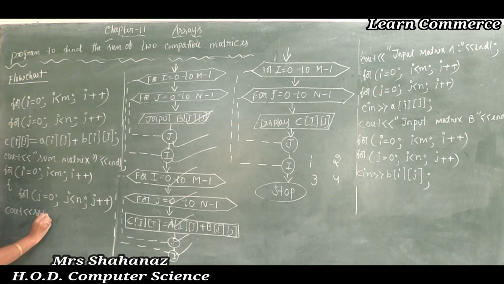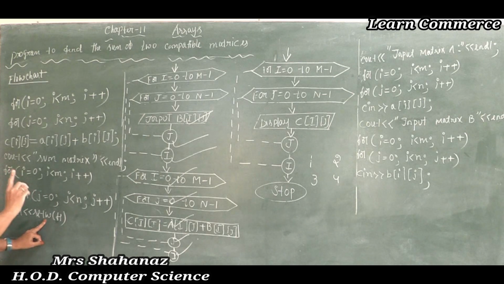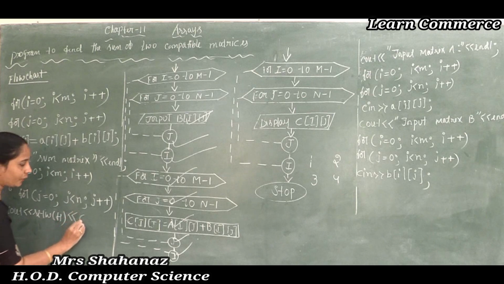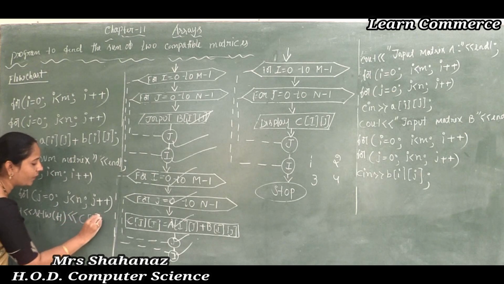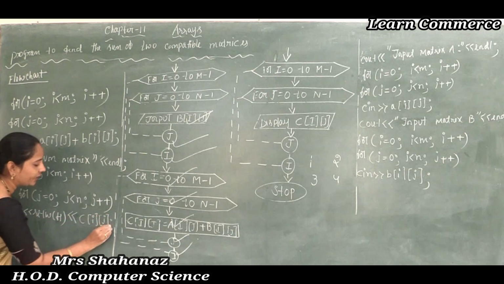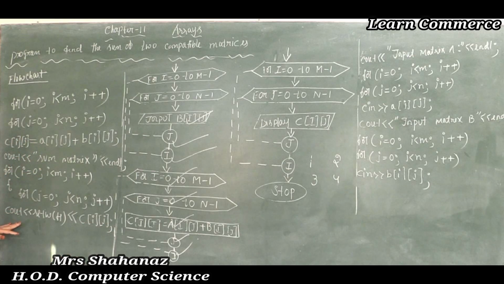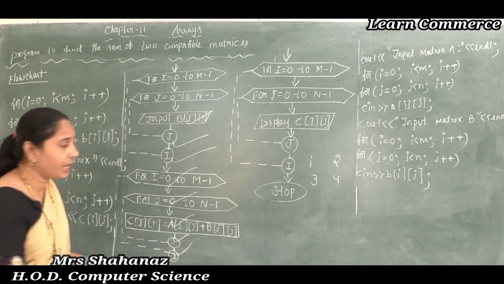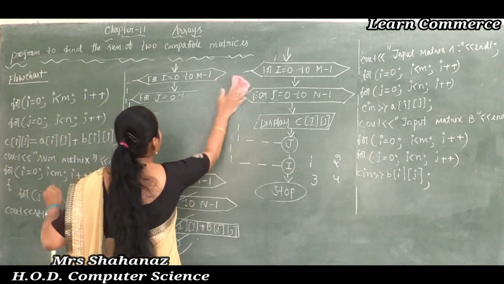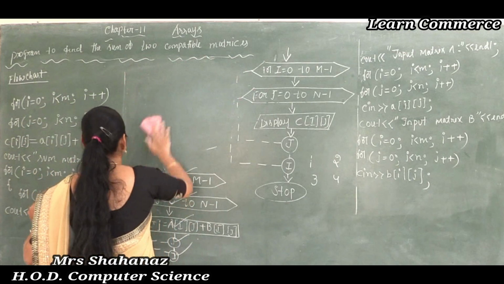So setw(4), okay, as we know that the use of this setw(4) means it leaves some space between the numbers, and to use the setw objects we need to use the header file iomanip.h. We already used such a header file, and later as we know that all those results are there in our C of ij. Clear this point here, all those results are there in our C of ij, and after completing the C of ij, let's go for the next thing here.